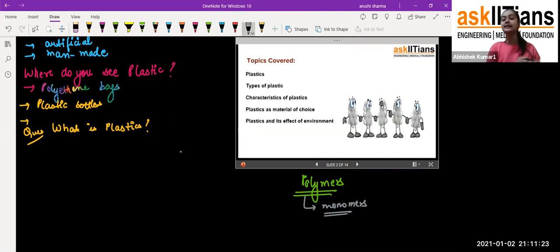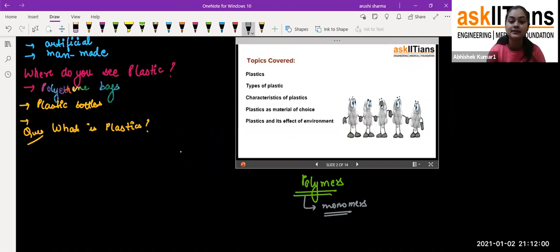So students, in the last sessions we came to know that there are two types of fiber: one is synthetic and another is natural. I discussed that these two are also made of polymers only. So plastic is also a polymer, but it depends upon the monomers we are using. You will say, ma'am, fibers are used in that way, so why can't we use plastic in that way? Because it depends upon the properties of the monomer which we are using.